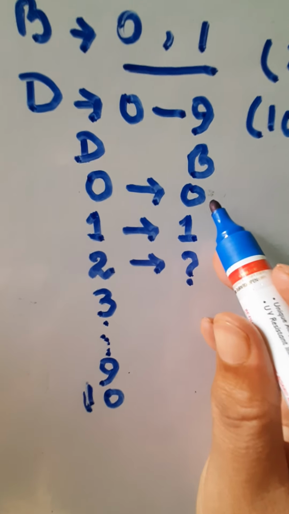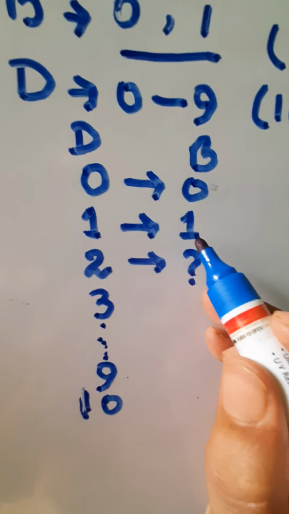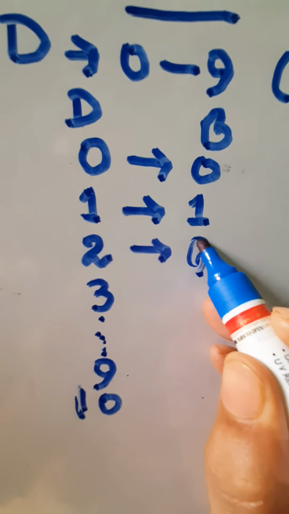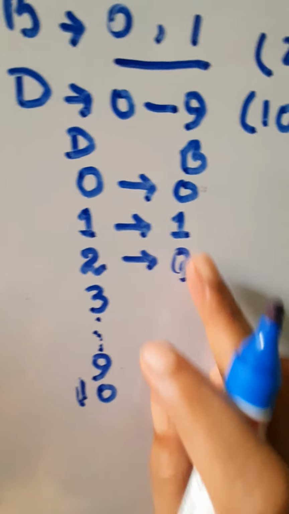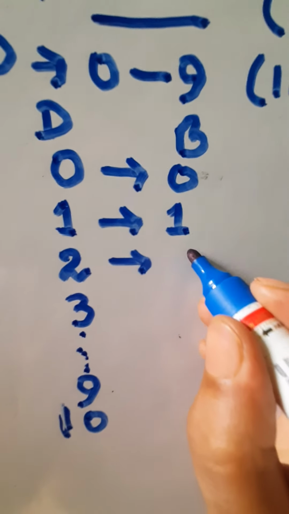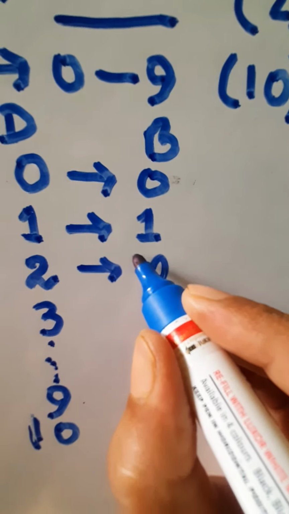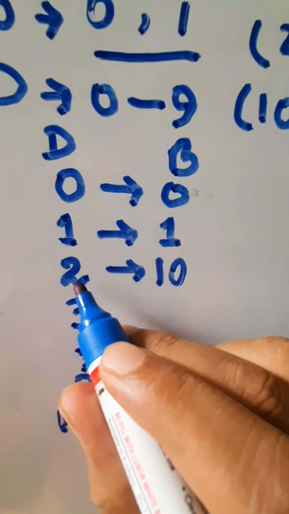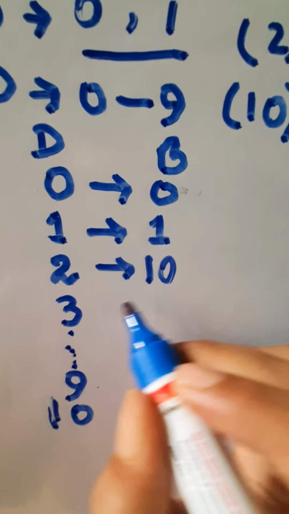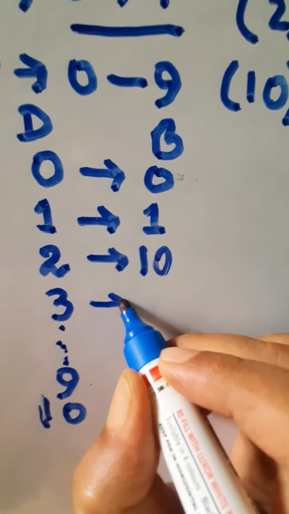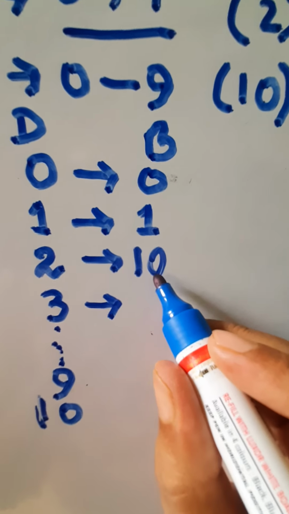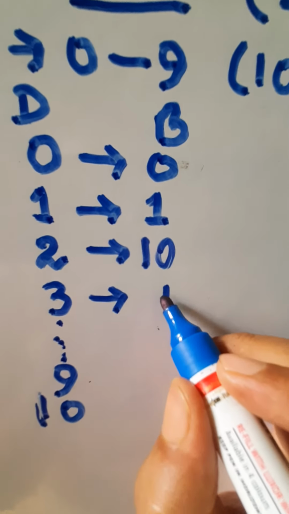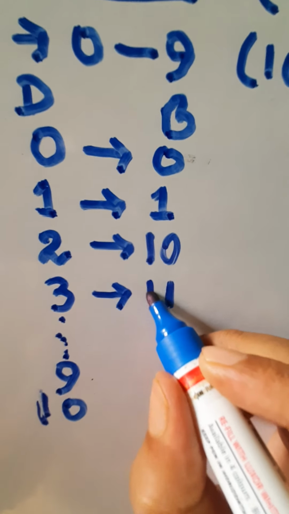All the numbers of binary, 0 and 1, are completed. So what can we do? We should put a 0 first. We put a 0 here and 1 here. It is very clear. So the equivalent of decimal 2 in binary is 10. Now what is the value of 3? In the unit place we can put 1, because there is 1 in the system, so the number will be 11.